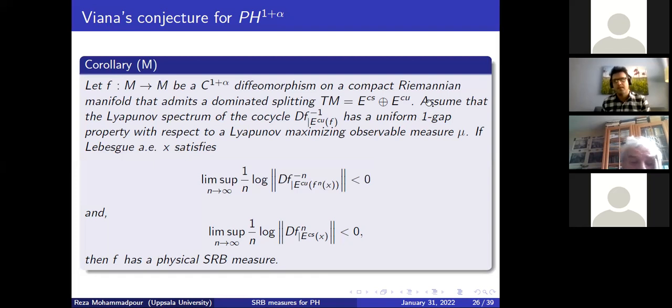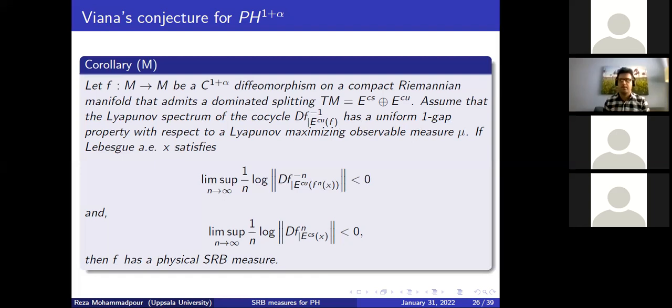Okay, let me explain. The reason I assume this uniform gap property is that I need some kind of domination, or existence, as you mentioned, of a uniform cone field on the support of this measure. So I need domination not everywhere, just on the support of this measure. To have this domination, one needs to assume the uniform gap property. But if you are asking about direct use of the cone field, no, I haven't used the cone field technique here.